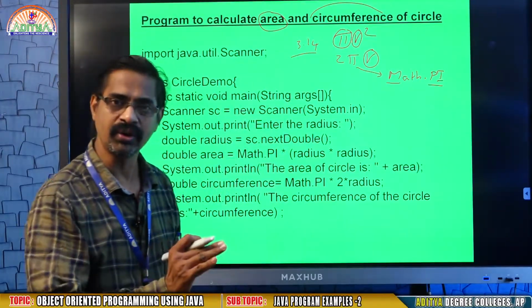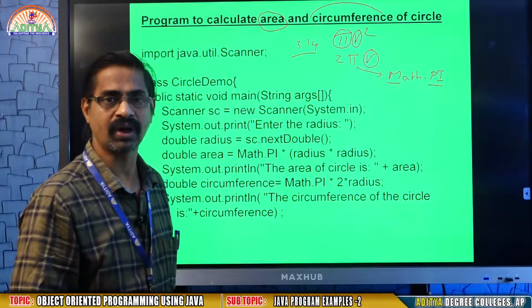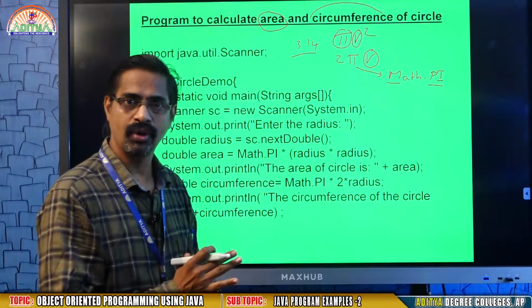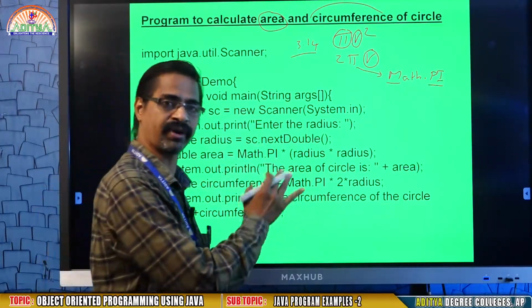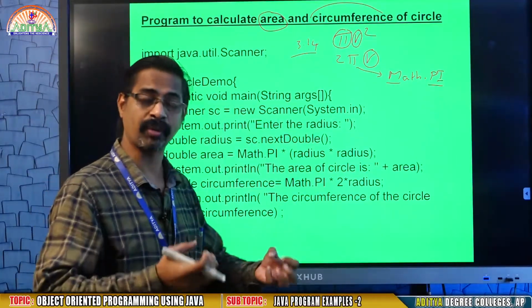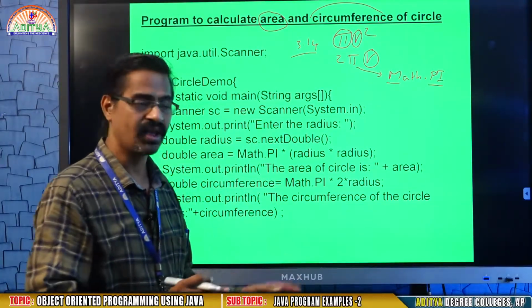For reading the r value, either you may use BufferedReader or Scanner. Try to practice how to write the program using BufferedReader or using Scanner. Both are important, but we are following Scanner because Scanner is the latest